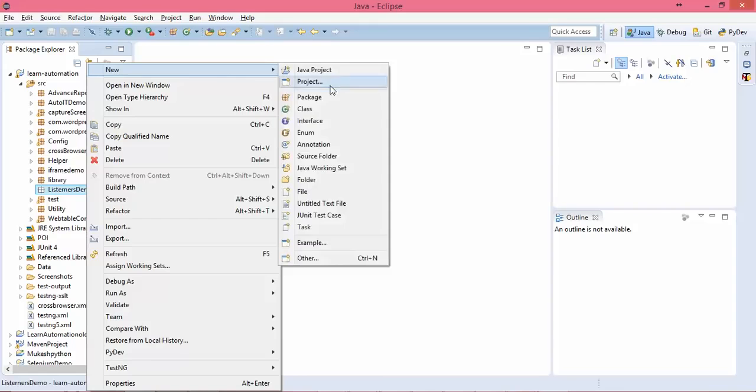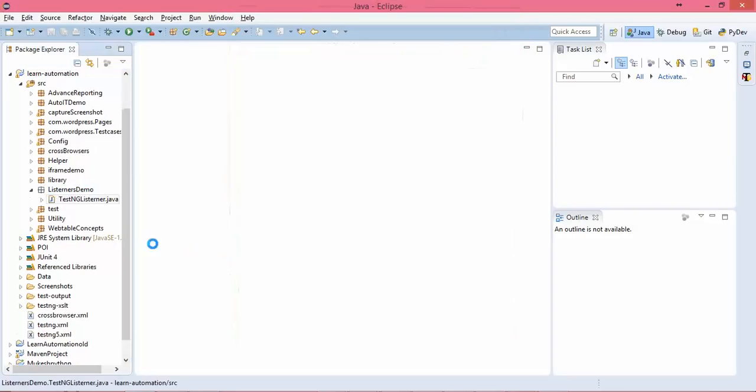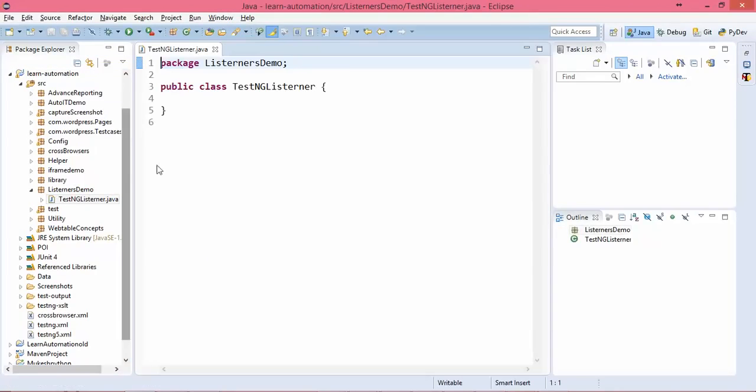Let me create a fresh class and I will name it TestNGListener. So this is a class, and I have given this name, TestNGListeners. Let's try the first way today. We need to implement an interface called ITestListener.